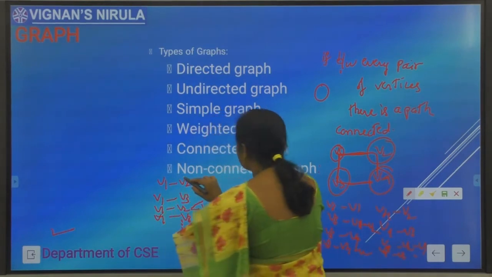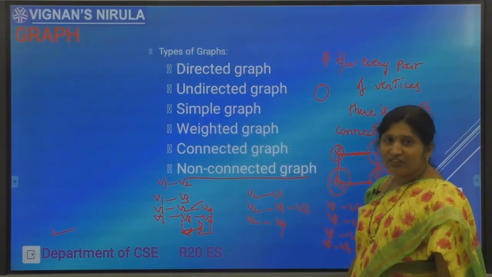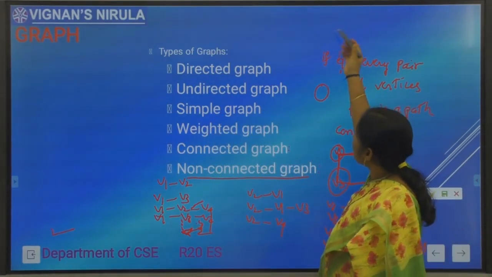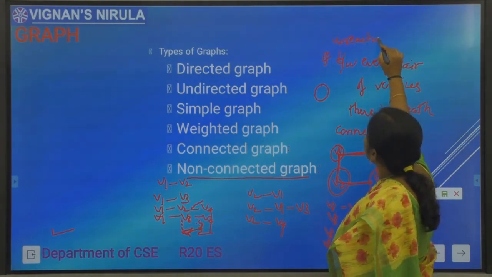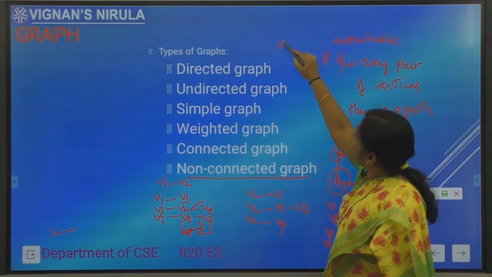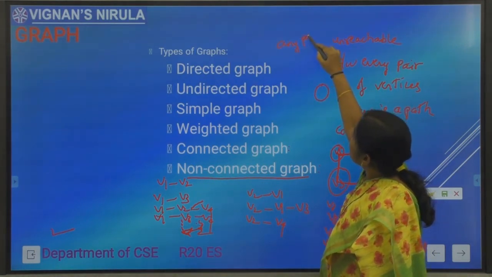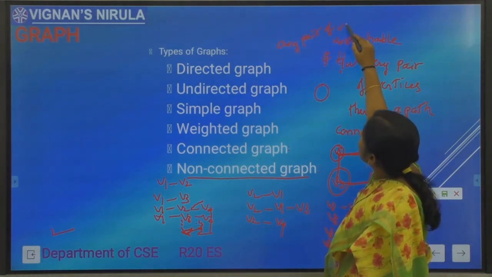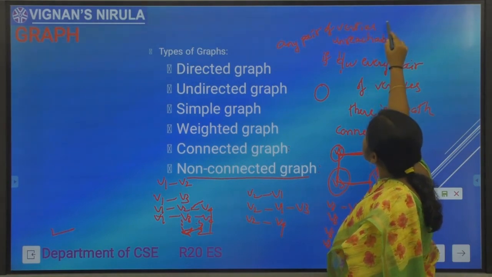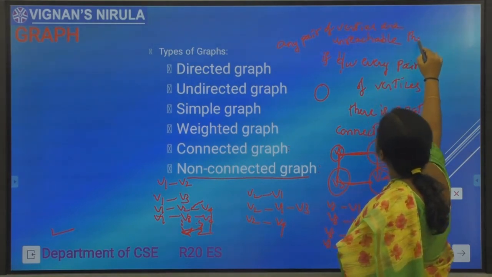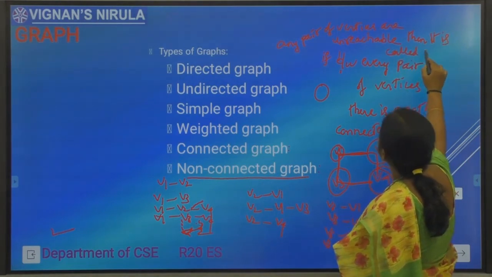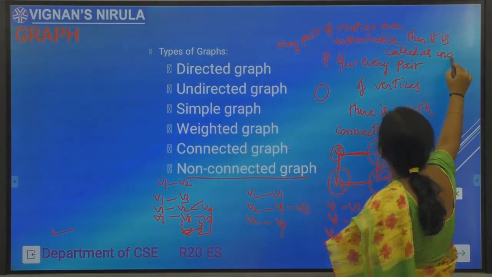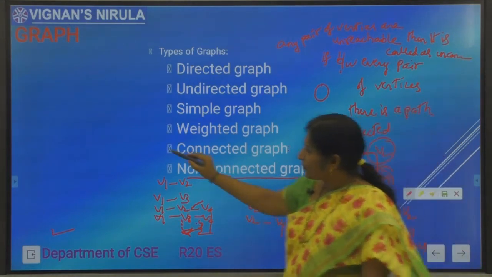As opposed to that, we have the unconnected graph or non-connected graph. If any pair of vertices is unreachable, then it is called a non-connected graph.